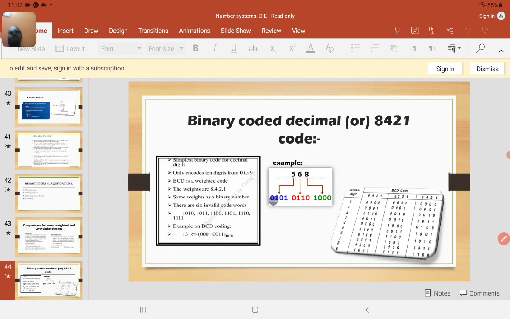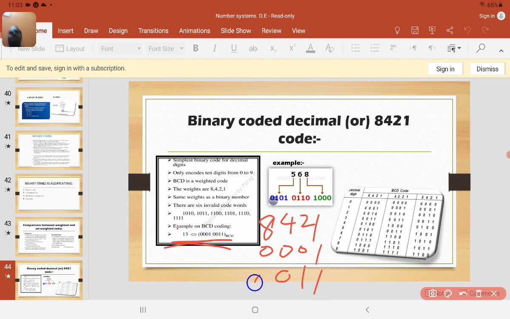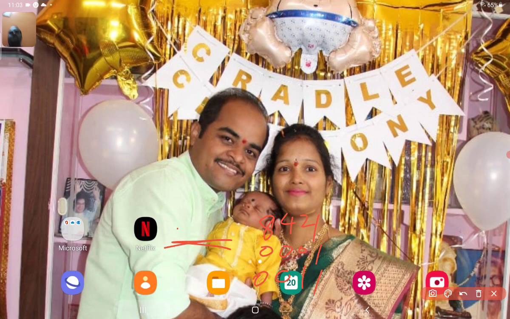One of the binary codes is binary coded decimal, also called the 8421 code. It is an important code, the simplest binary code for the decimal digit. It only encodes 10 digits from 0 to 9. BCD is a weighted code, and the weights are 8421, the same weights as a binary number. There are 6 invalid codes here. When we write the BCD for 13, we use 8421 separately. 1 means 0001, and 3 means 2 plus 1, so in the places of 2 and 1 we write 1, and the remaining are 0. So 0011